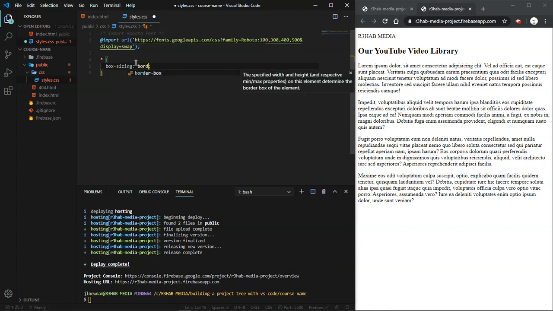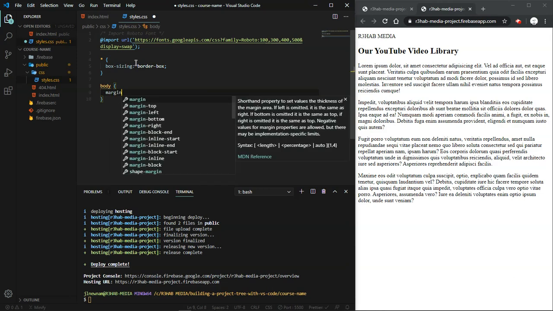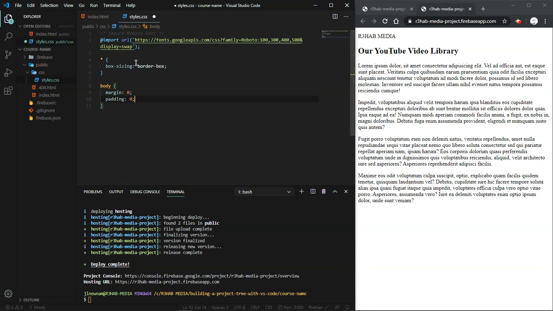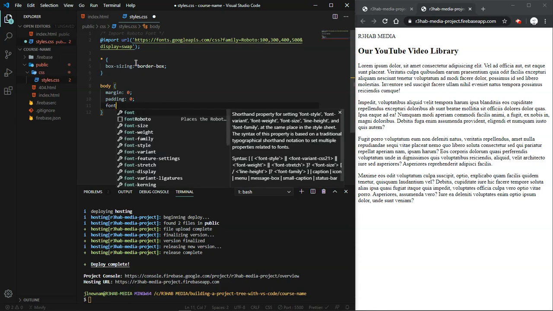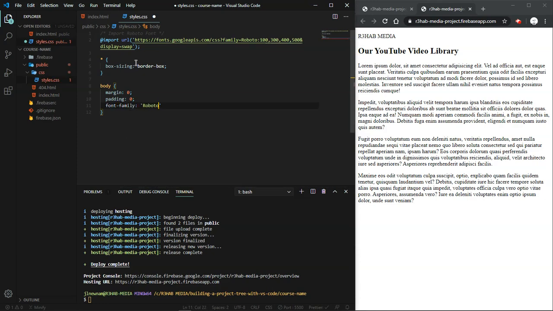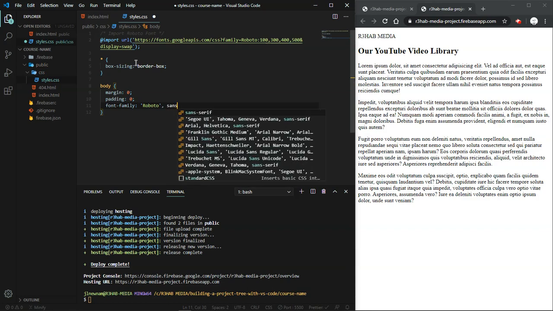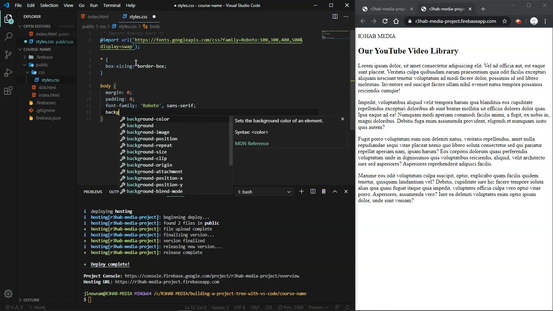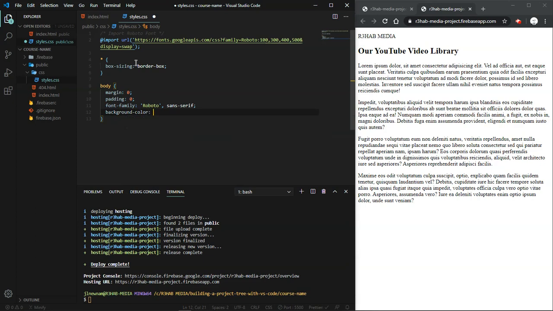Sizing, border box, and then we'll do body, margin 0, padding 0, font family, Roboto, and then we'll use sans serif as a backup font. And then we'll add in a background color, go light blue,